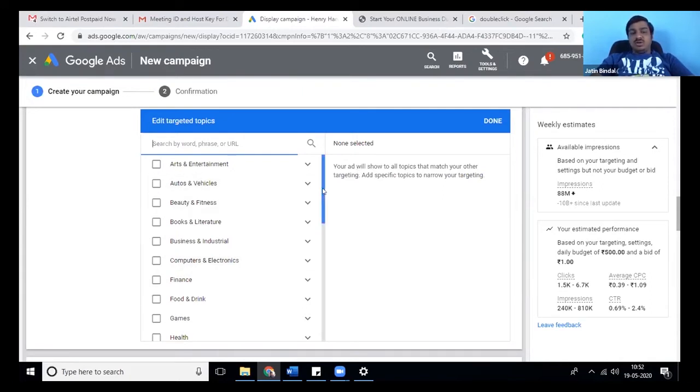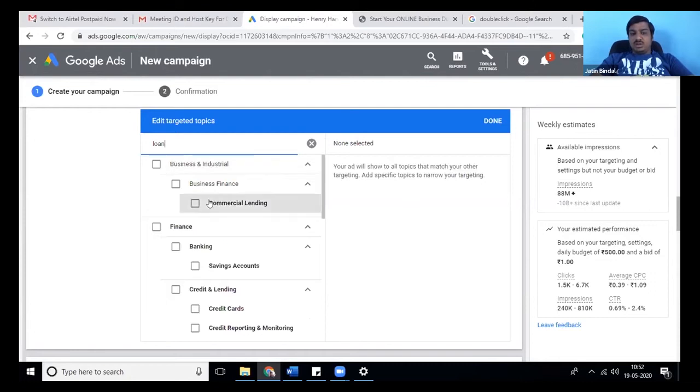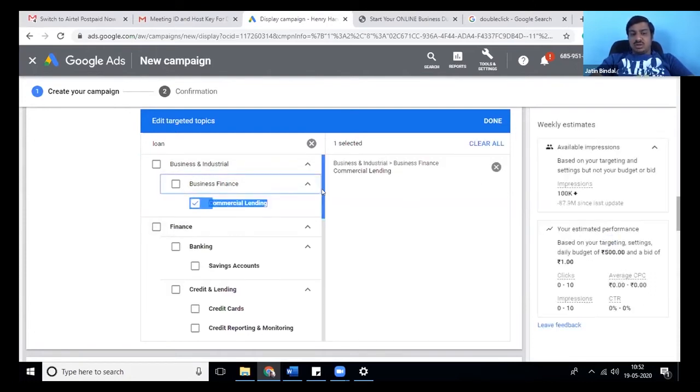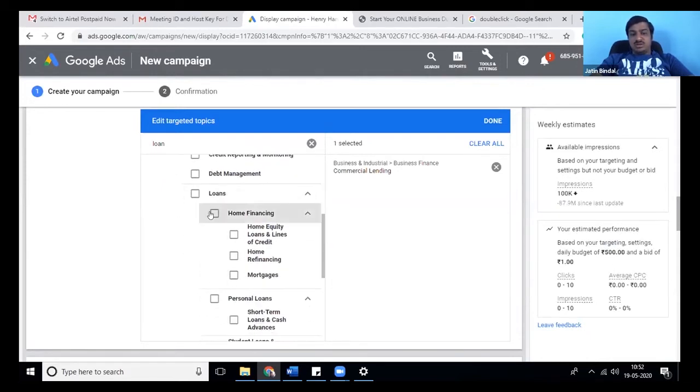So in your case, let's say you want to target loans. I can target all the loan websites. Commercial lending, debt management, home financing. This is your category.